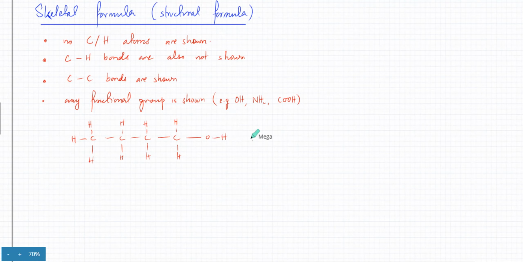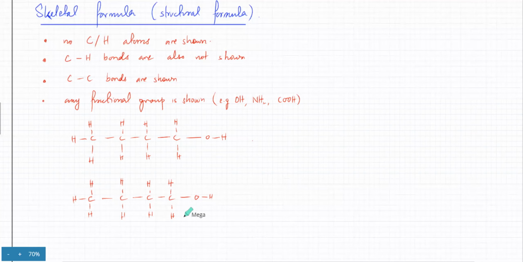Anyways, so this is the molecule. I want to draw a skeletal formula of this molecule. How would I draw a skeletal formula? Let me draw the molecule again. Then I'm going to do the working on that. Again, this is OH. Achha, the first thing, if you read the points above, the carbon hydrogen bonds are not shown. So I'm going to remove all the carbon hydrogen bonds. They're gone.